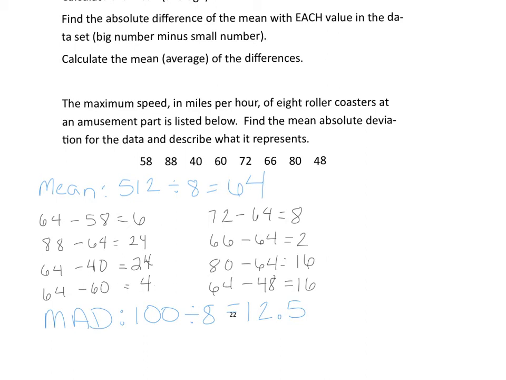This is variation because it's not talking about the center of the data. The majority of the data points are not around the value of 12.5. The majority of the data points are around 64. However, in theory, we can say that the data points are all about 12.5 away from the mean. So when it asks what it represents, we can say something to the effect of